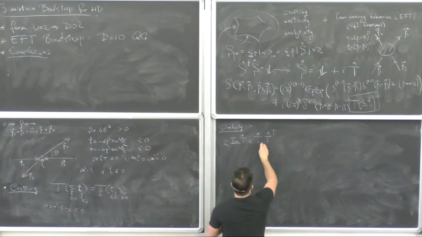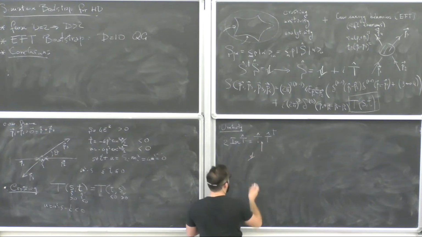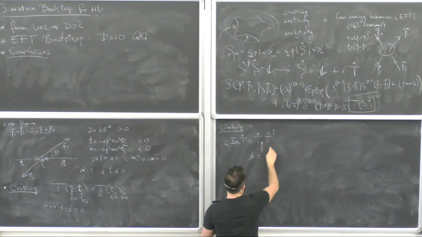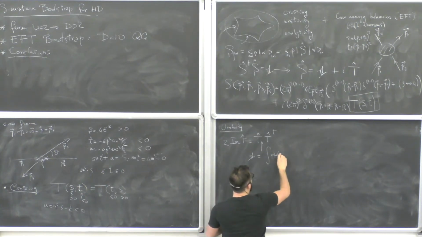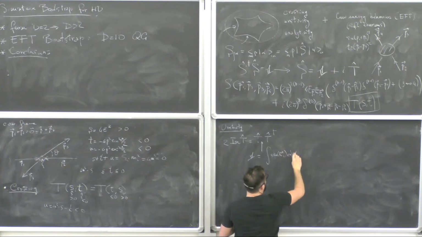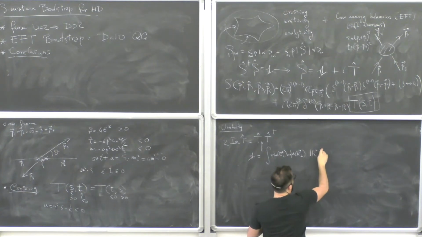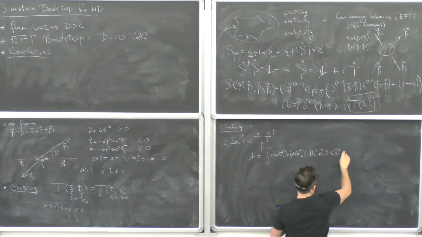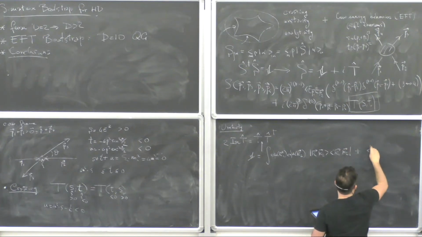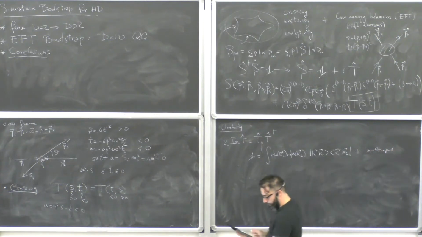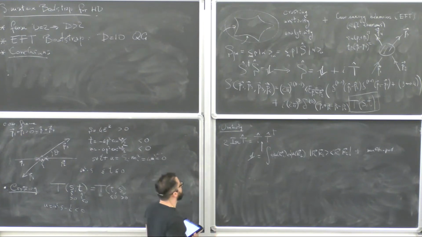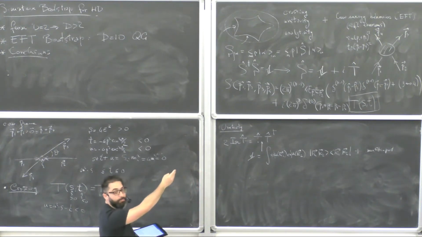And now what we do is just insert a completeness relation, right? We insert the identity, equal to some measure that will depend on momenta K1, K2, and we insert a complete basis of states that starts with the two particle states, but then there will be multi-particle contributions. Multi-particle states. And if we insert this completeness relation inside the unitarity and we evaluate this operator on momentum eigenstates,